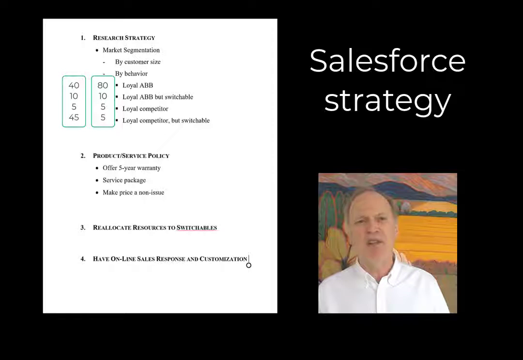That gives me about 50% left over, so maybe 5% to the loyal competitor and 45% to the loyal to competitor but switchable. Now, what you've just done is created a sales force revolt. The sales force will hate you. Why? You're asking people to visit customers who are not going to likely buy from you, and they will be